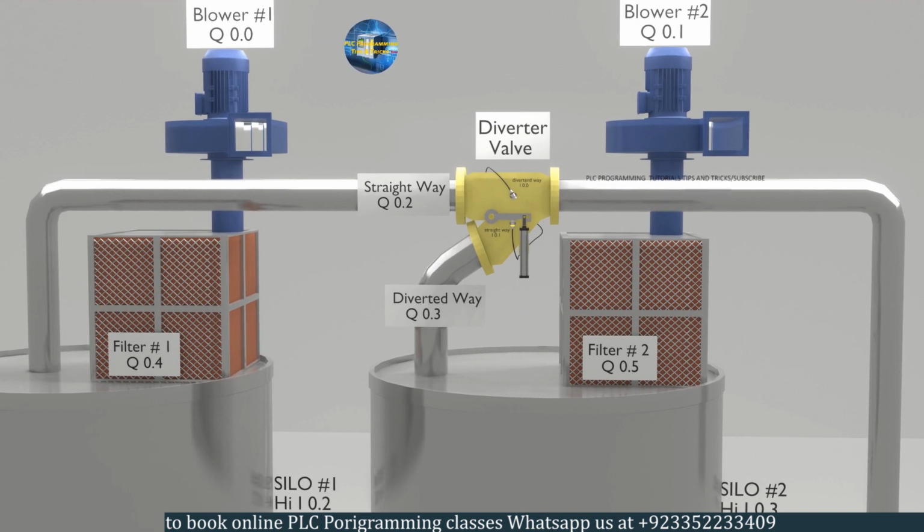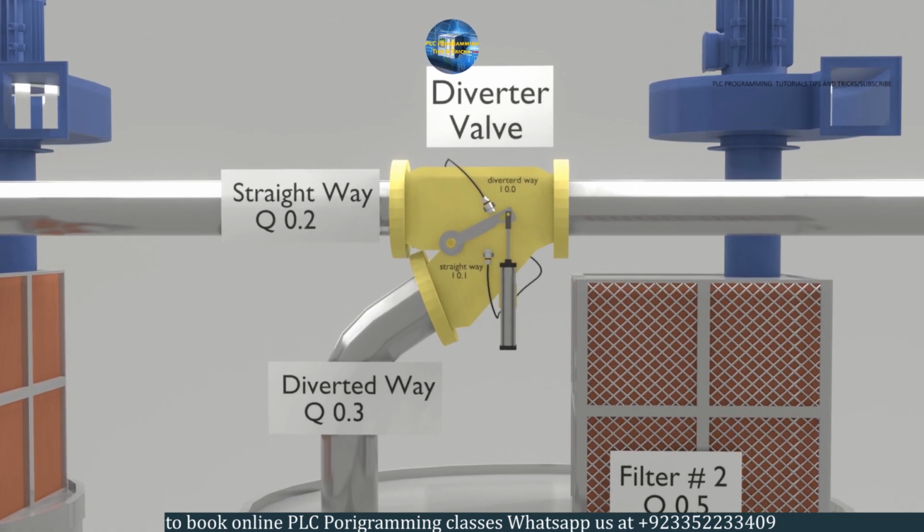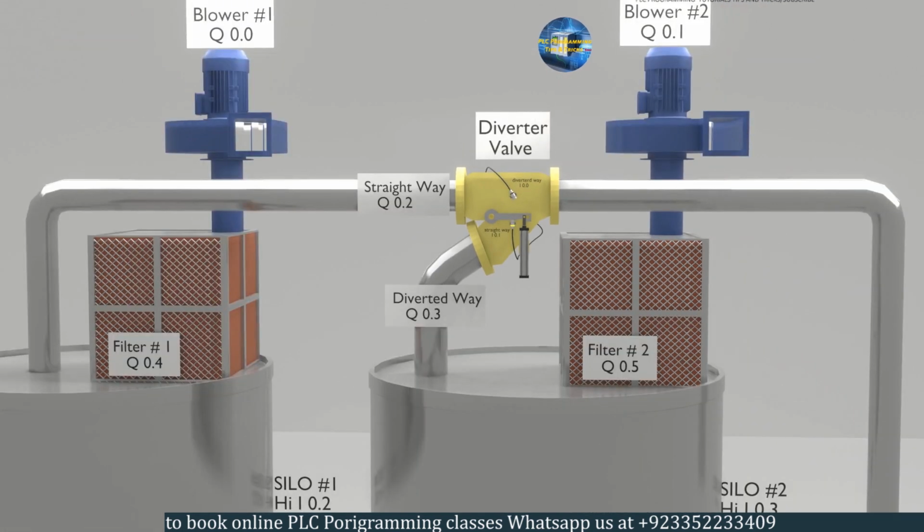silo 2. Next, to fill these silos we have a valve. It is actuated by the 5x2 way valve. When this valve's straight way command Q0.2 is on, it sends the material towards silo number 1. When this valve's diverted command Q0.3 is on, it sends the material into silo number 2. If we look closer, we even have the feedback sensors I0.0 and I0.1 to confirm the flow direction of the